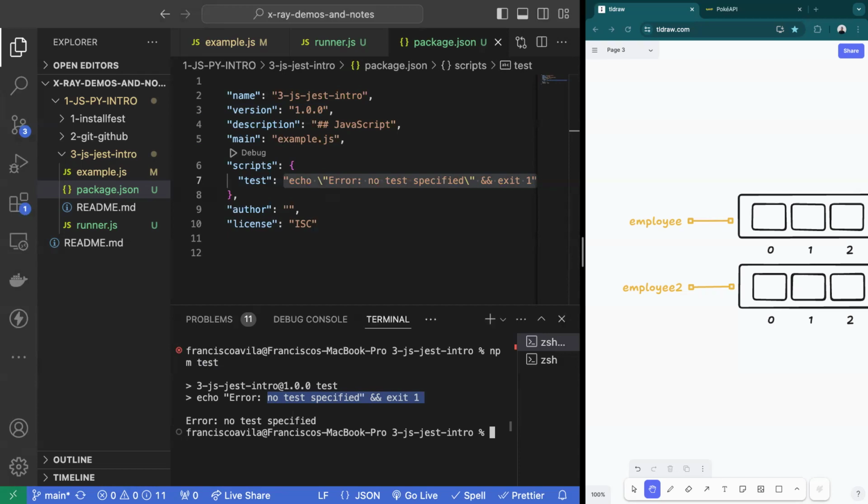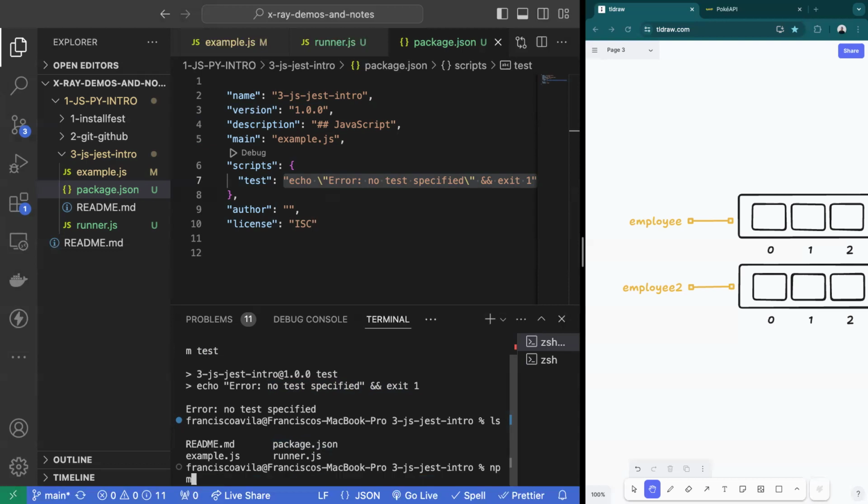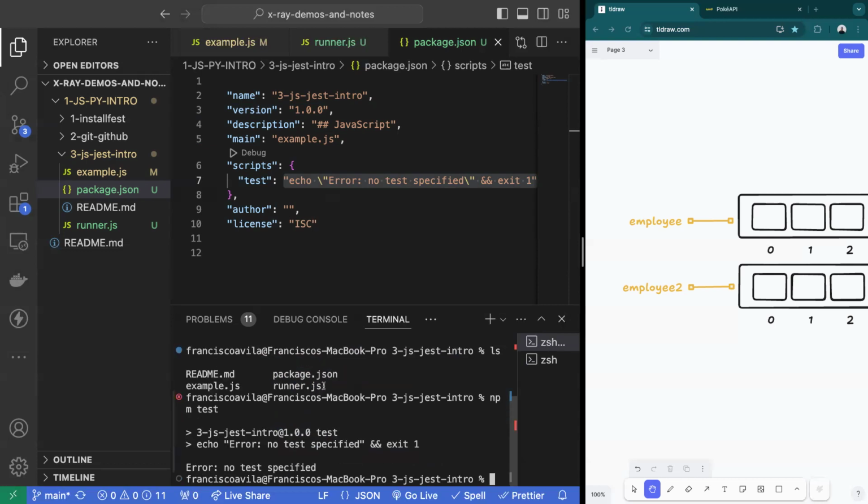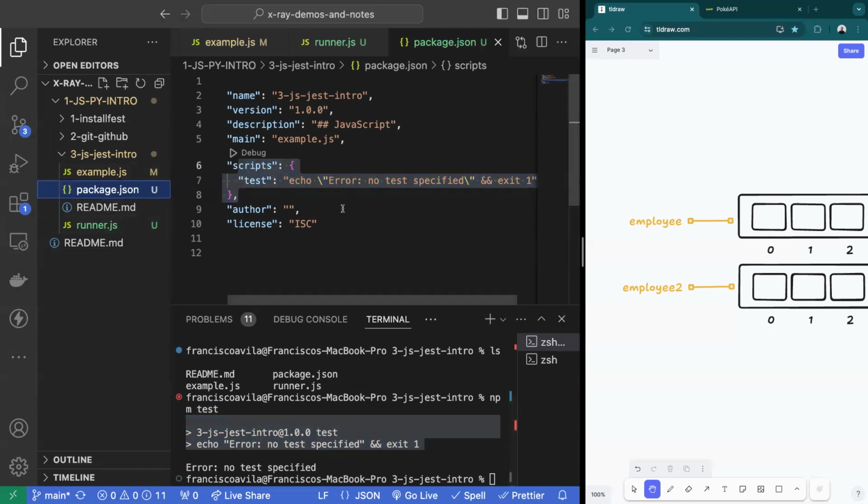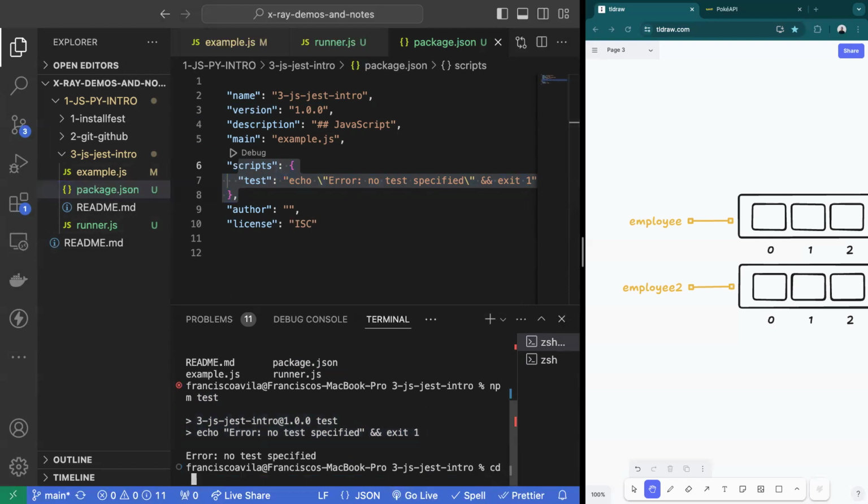Yeah, I'm sorry, I didn't get that. Can you repeat it again? Yeah. So currently I'm within, if I run ls, you can see that I have package.json. Okay, so if I run npm test, it's able to execute this command and give me the result from my scripts here, because npm is looking for a package.json to start and run any functionality that I needed to. Well, if I were outside,